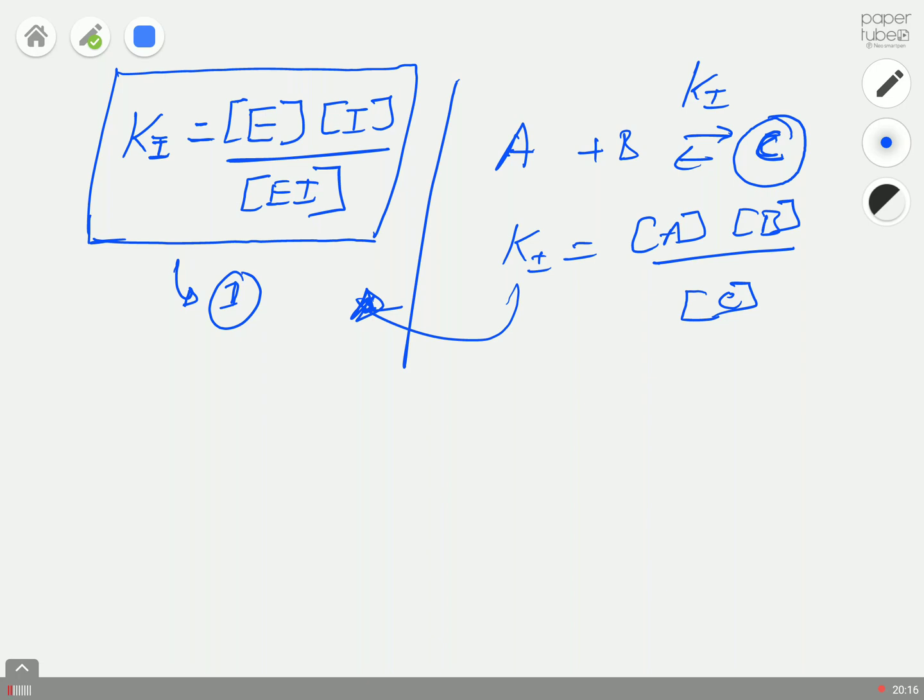Another thing that you should remember: once you start your reaction, you will have enzyme. These are freestanding enzymes which can either associate with your inhibitor or associate with your substrate. Once you start your reaction, you will have some enzyme substrate complex, and you will also have some enzyme inhibitor complex inside the reactor. So your total enzyme concentration at any instant of time